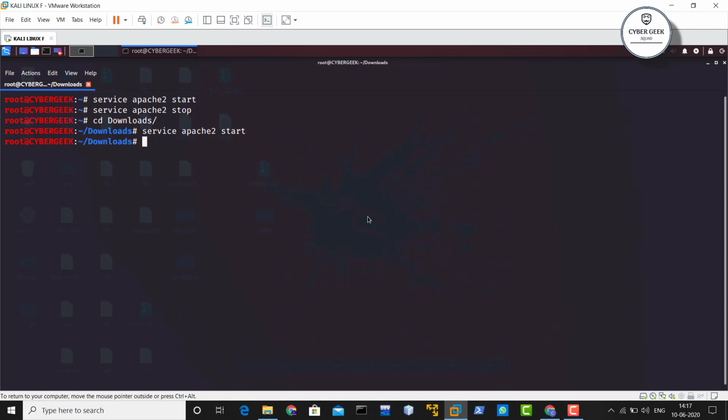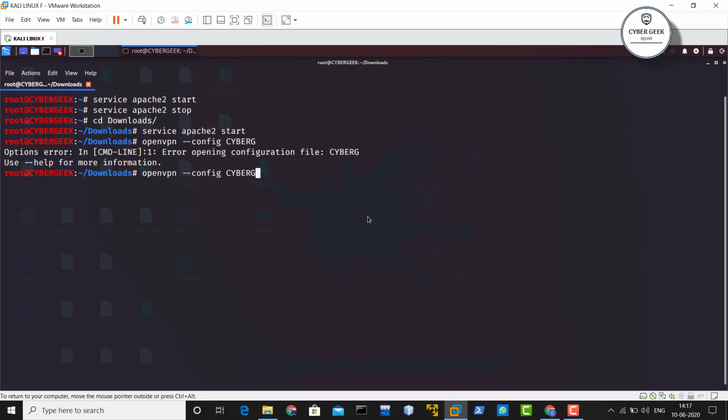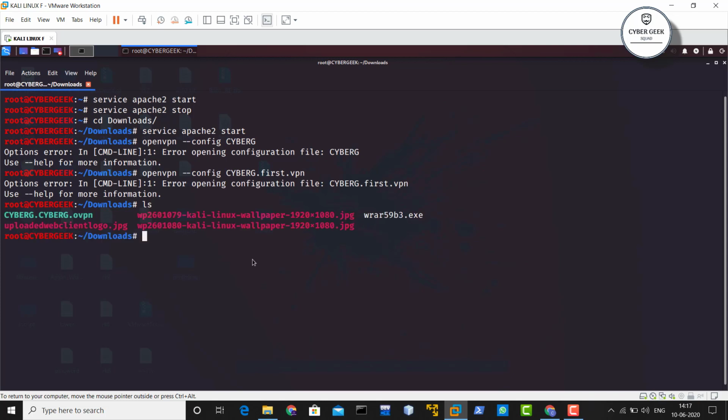So how to run that file? By the path I told you, right? To note it down, the same command you have to type over here and it will execute. So you have to type openvpn. I think I forgot some of it because I copied it and it's not working anymore. So you can see there's just config and the name was CyberG. Yes, hit enter and it says not found. Okay, so let me just type once again, openvpn, and again it's not working. Okay, let me just see the name. Okay, it's OVPN.